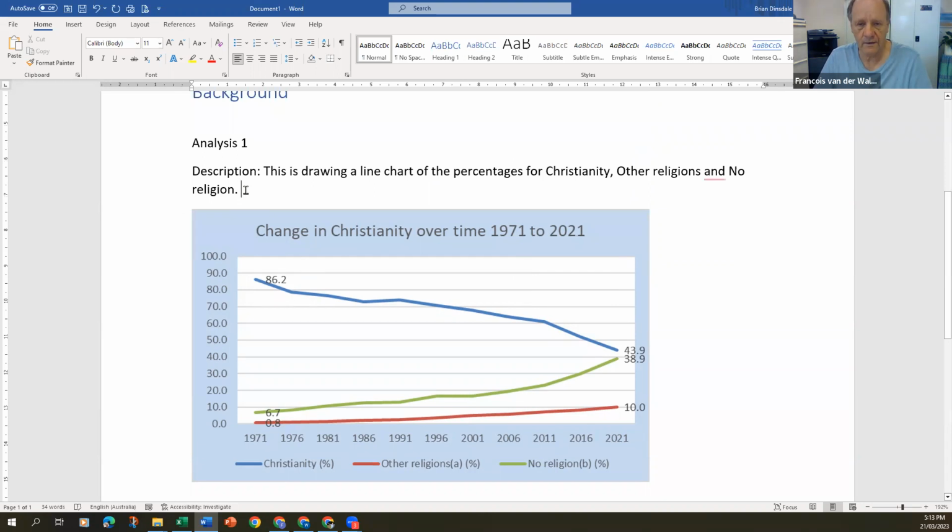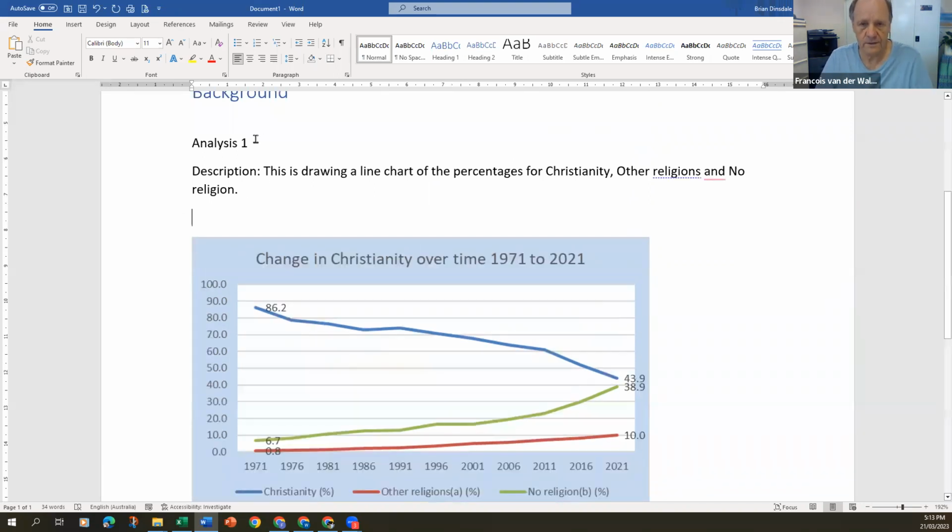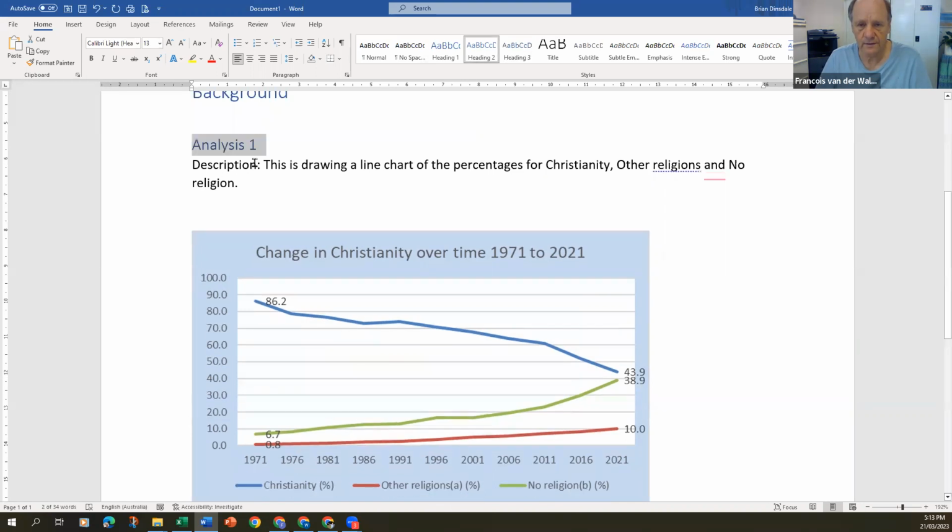Okay, so analysis 1, I'm going to make a heading 2, and this description, I'm going to make it bold. So unbold it, just highlight description, bold. And then typically, I think